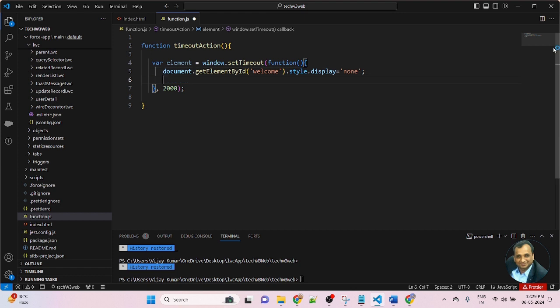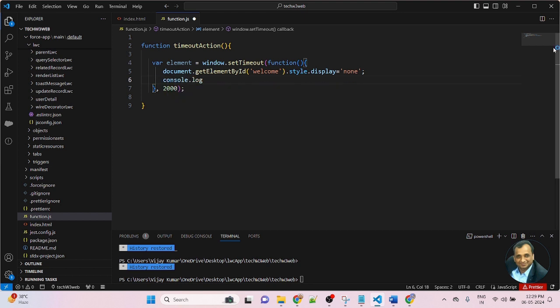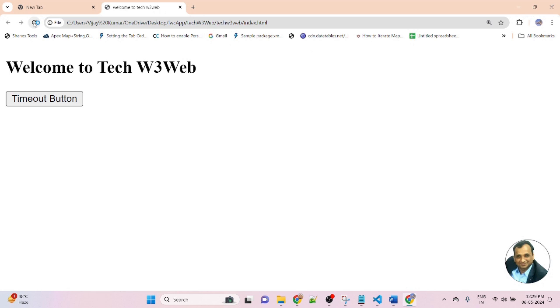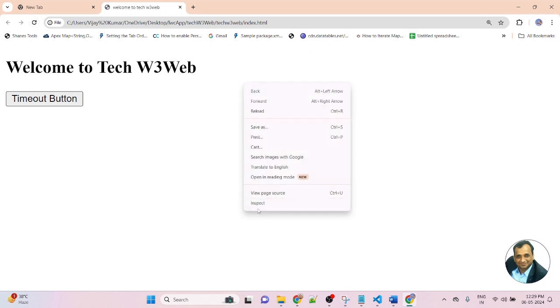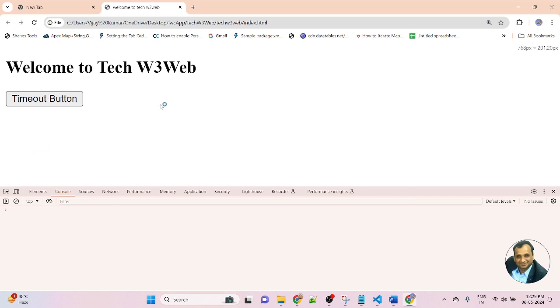Now I will try the timeout. Here I will use console.log. In the console.log, I am passing the variable name. Now save both files, go to the browser and refresh. Open the inspect panel so that I can track the timeout.